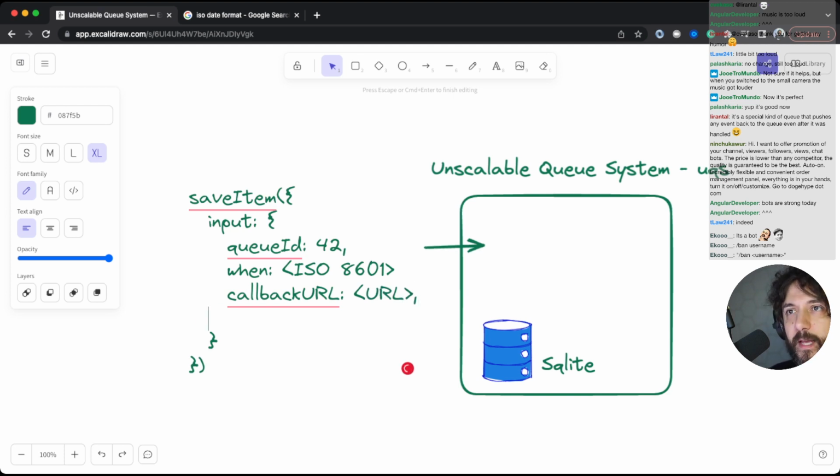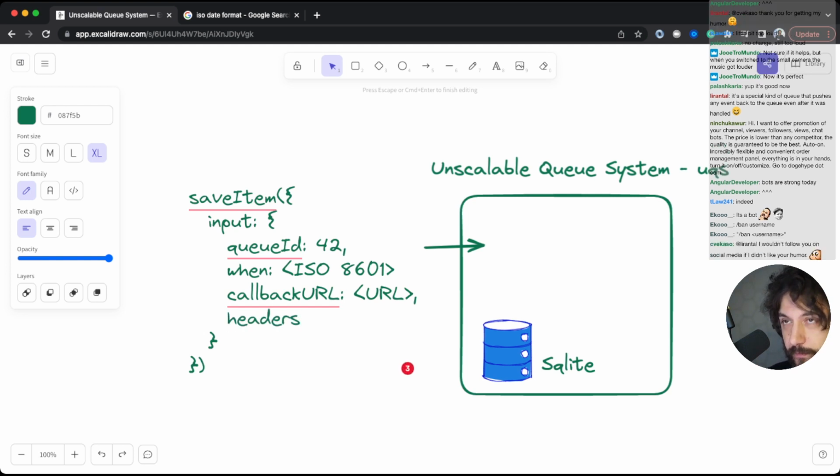Then I want some headers, and this is an object. Okay, and it's a JSON. It's a free-form object. I don't know how to type this.